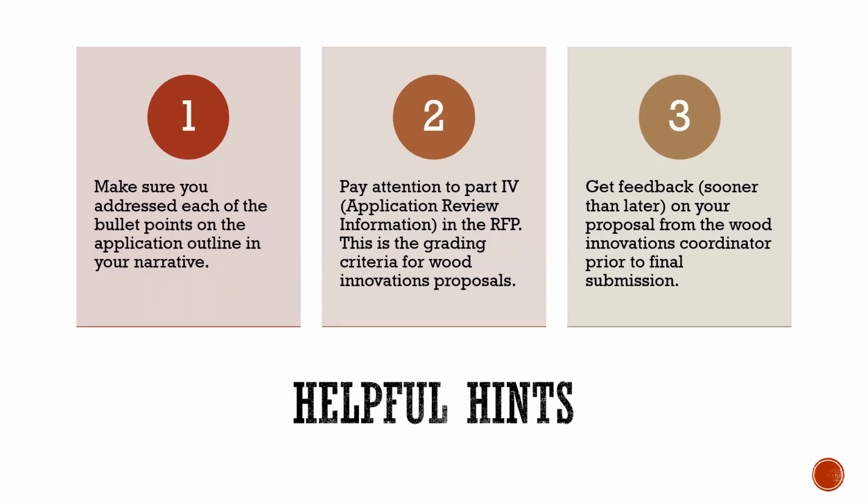And then the last helpful hint is, if you're serious about submitting a grant, I will tell you that it does pay, if you have the time, to try to get some feedback from me. Grant submissions come to me on the 22nd, and it's not just me. There's a team here in the regional office that looks at and evaluates the grants, and then we send them forward nationally. Last year in FY19, we had 11 grants, by far the largest number of grants that came out of the southern region. And not all 11, but I think about 9 of the 11